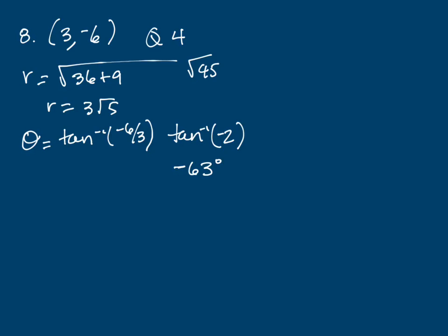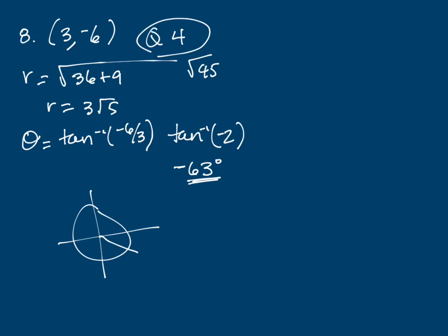It's in quadrant 4, and that's where I'm supposed to be. But what is that if it was positive? So if we subtract from 360 minus 63 degrees, we get